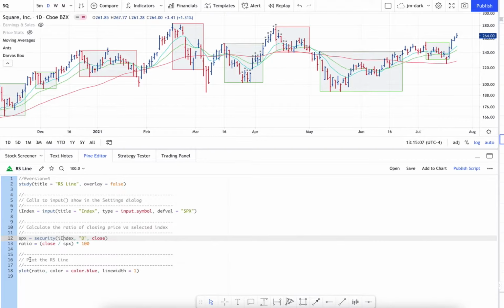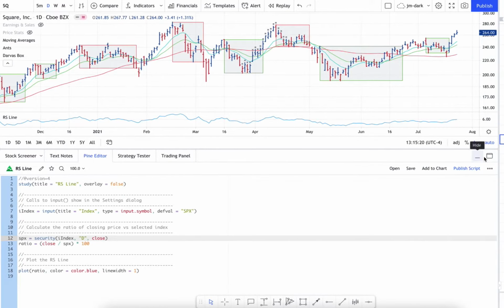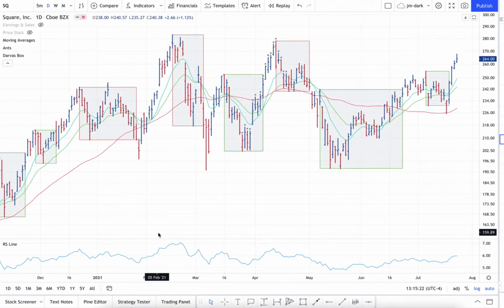So we plot the ratio that we just calculated. We want the color of that plot to be blue, and we want the line width to be 1. So we're going to save this over here, and we're going to add it to our chart. We're going to minimize the Pine editor, and now you can see here's the RS line in a new pane